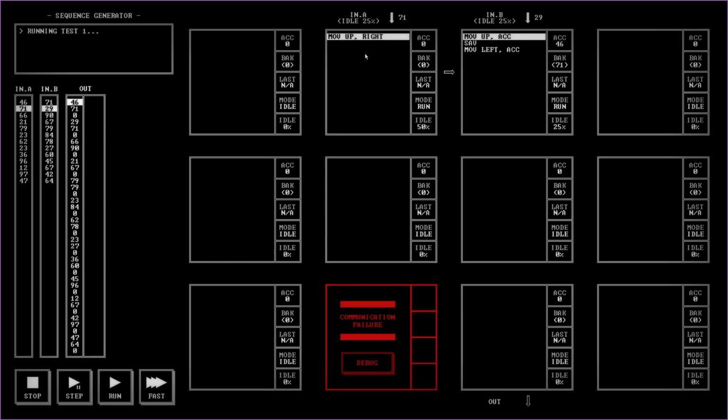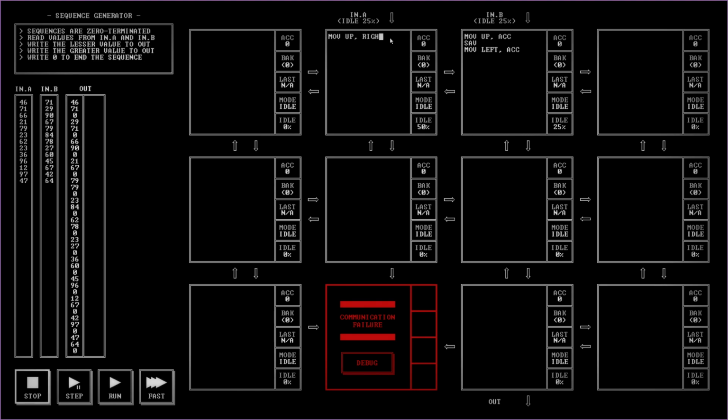Yeah. Okay. So I'll move it to the accumulator. I'll move accumulator right. I'll move it twice. Then I'll save it to the register. I will subtract it from the left with the accumulator. So it'll do